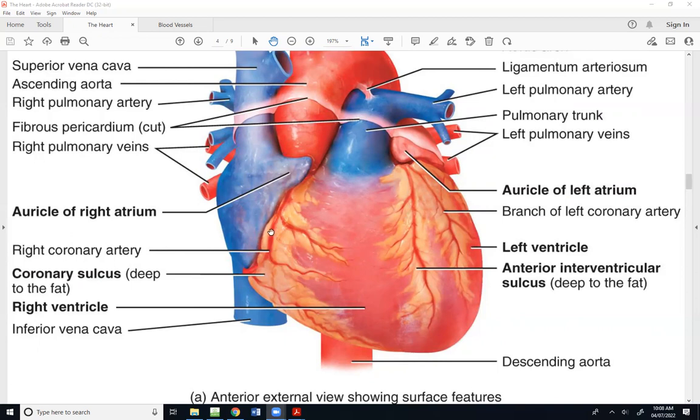Okay, it is just a little tiny depression right beneath the auricles of the atria. Remember, there's a right auricle and a left auricle. Those are the little ear-like flaps we talked about the other day. Okay, the right coronary artery is in that coronary sulcus, which, as you can see there in parentheses, is deep to the fat. So the depression